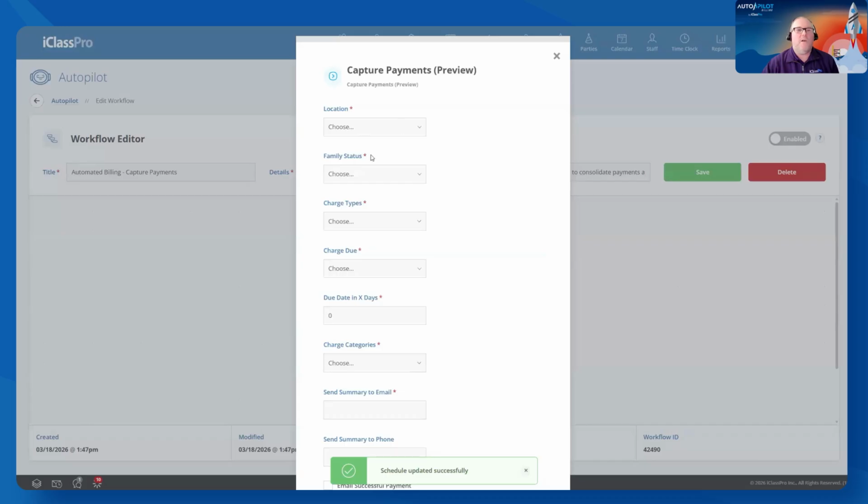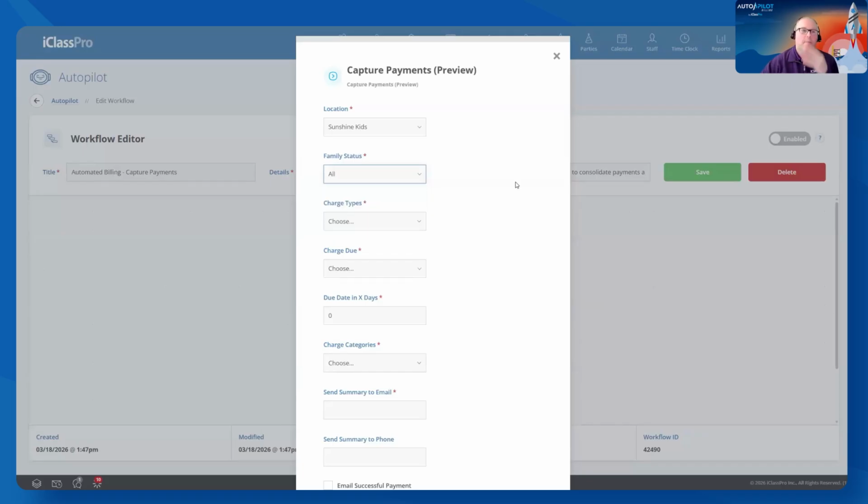So location, first of all, only families who have charges associated with this location. And we have the family status. So we have active, inactive, and all. This is active on the day this runs. So if I allow families to book up to 7 days in advance, there's a small chance that there are some students there who may not be active until the 6th or 7th of the month. If I choose only active, those families are not going to be included. So for the most part, we recommend setting this to all to be sure that you capture all families who